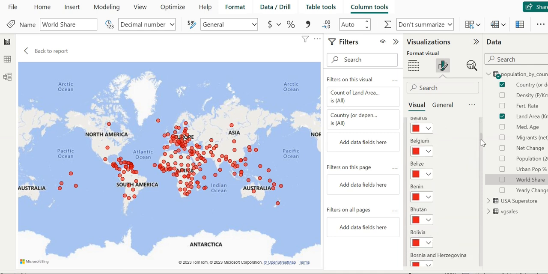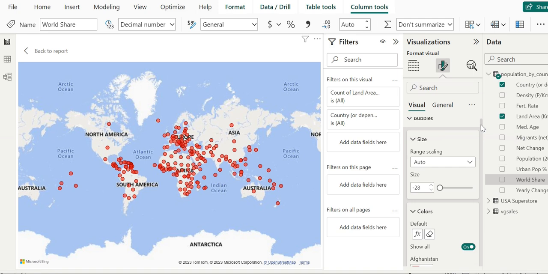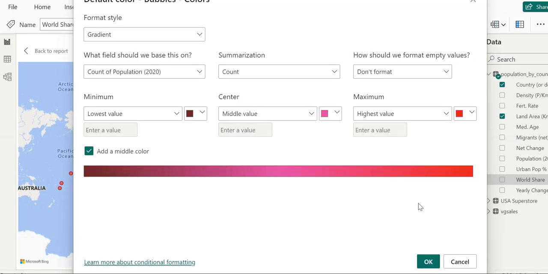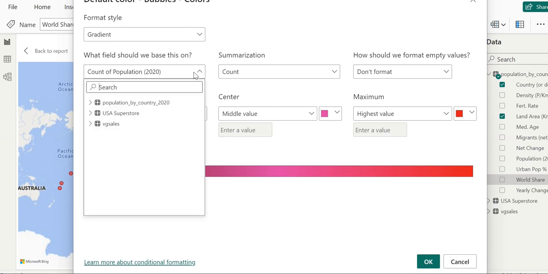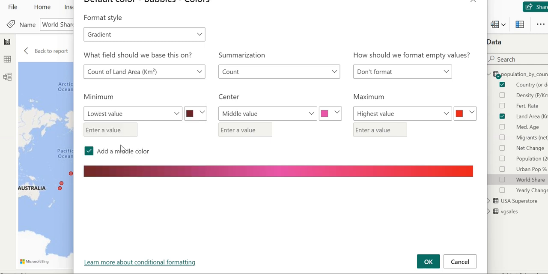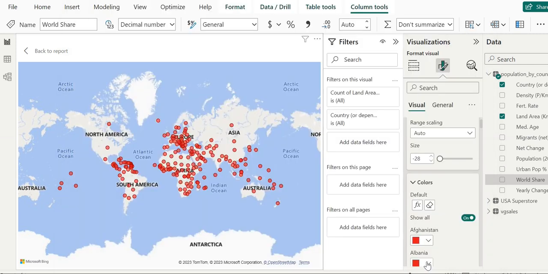If we have to change it, what we need to do is change our conditional formatting. We need to go to the population, and we have to put land area here. If we hit OK,